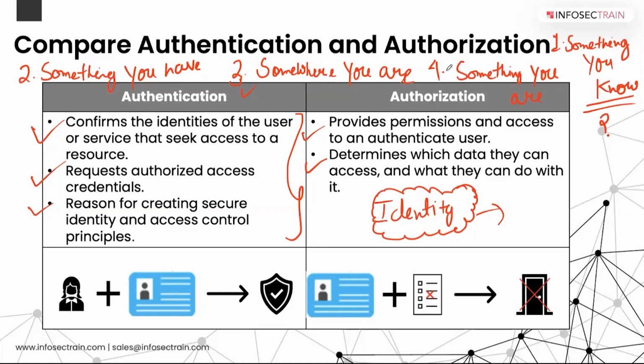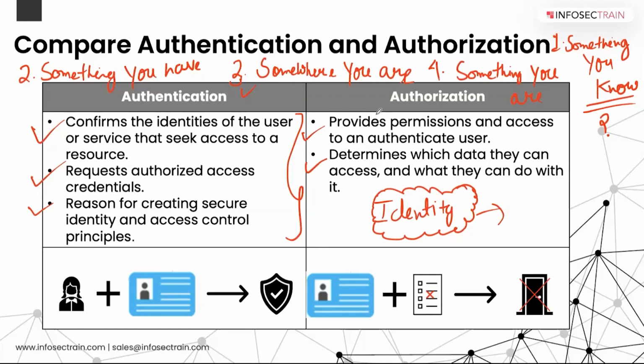You might have seen that if someone outside a specific location tries to log in, you can block those logins as well, right? That is your somewhere you are, or you can do somewhere you are not. Those kinds of things are location-based or GPS-based. Then there is something you are. Okay, something you are is your retina scan, fingerprints, biometrics in simple terms. Those things are going to be there.